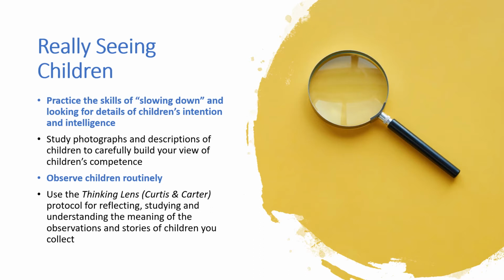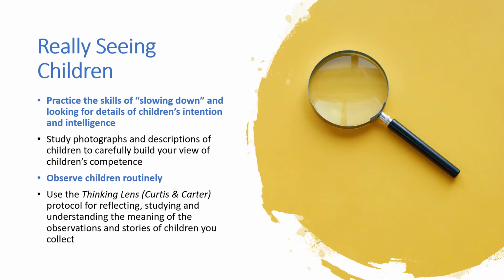We can observe children routinely, so being systematic in our approach to authentic assessment and gathering data on children is really an essential way of helping us to slow down because we prioritize the listening, the observing, the watching, the side-by-side investigation that can take place when teachers are routinely capturing how children are learning, what they're learning about, and really what they're talking and doing, and how they're representing.